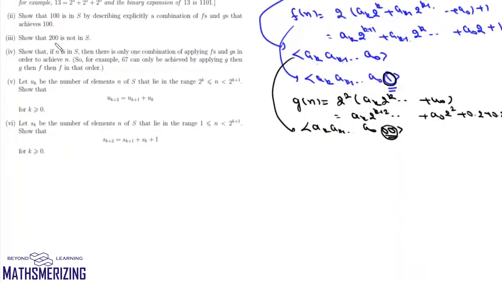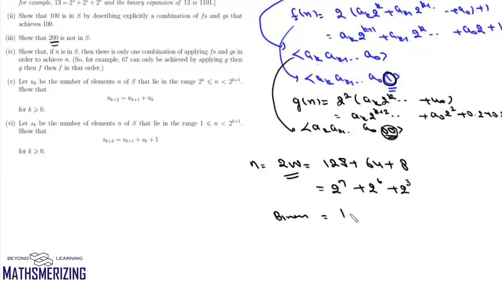Now the third part is we need to show that 200 is not in S. Now we'll write this number 200. We can write 200 as 128 plus 64 plus 8, which is 2 to the power 7 plus 2 to the power 6 plus 2 cube. Now we can write the binary equivalent of 200: 1, 1, then there is no 2^5 and no 2^4, so it will be 0, 0, and then 1 and then 0, 0, 0. Now since we have 3 zeros here, this number cannot be in this set S because there is no transformation which maps 3 zeros or 1 zero.